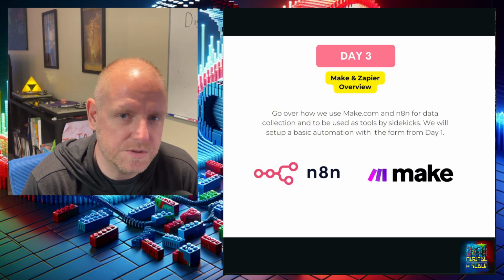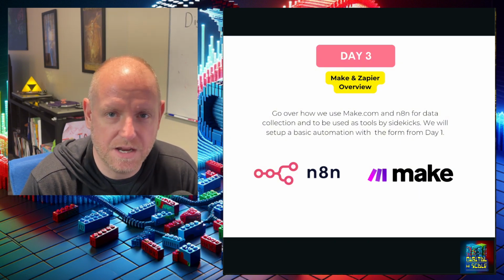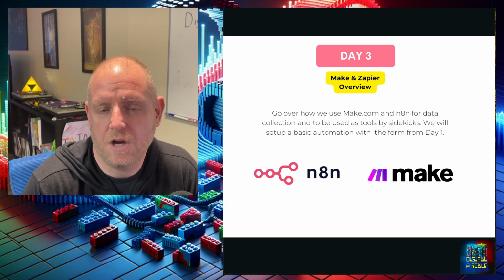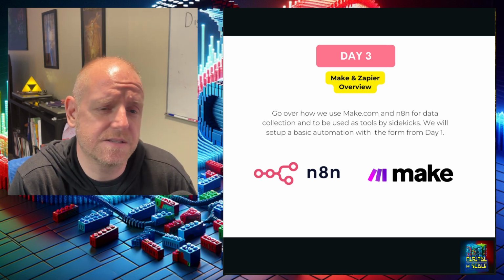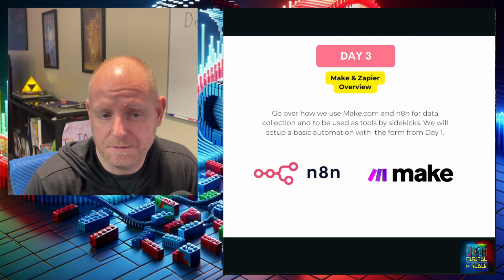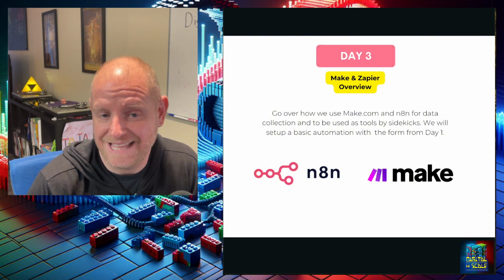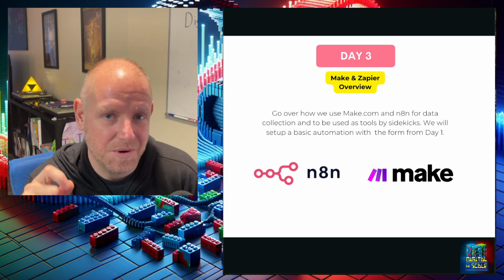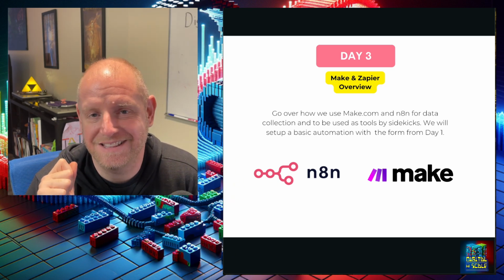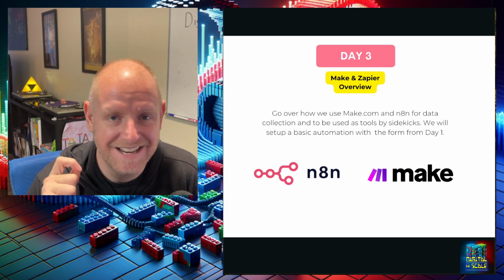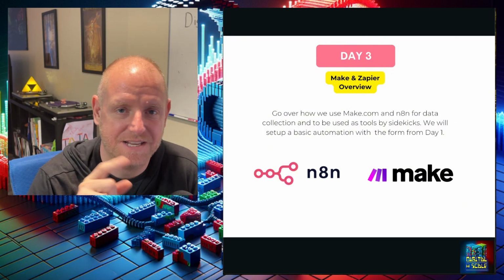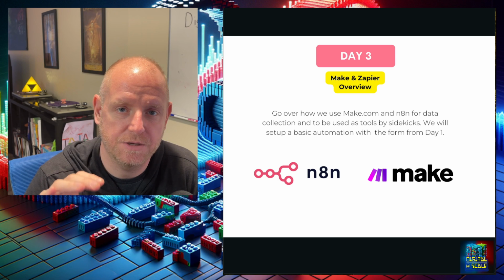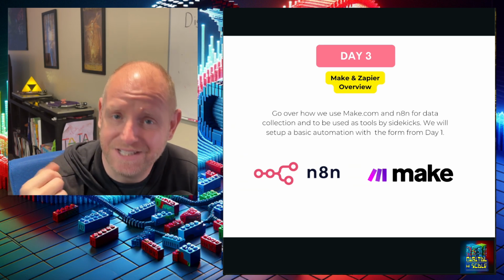These are two other tools we'll be using throughout, primarily for background processes, and we'll be setting up a basic automation with that form we did yesterday. If you haven't yet created your form from yesterday's lesson, go back, rewatch the lesson, and create it in either Google or Microsoft, and tomorrow we're going to show you how you can actually do something when that form